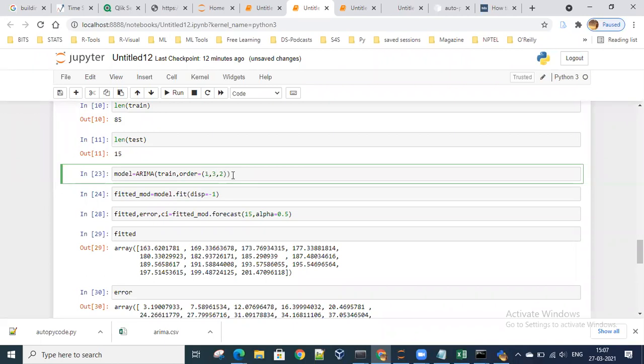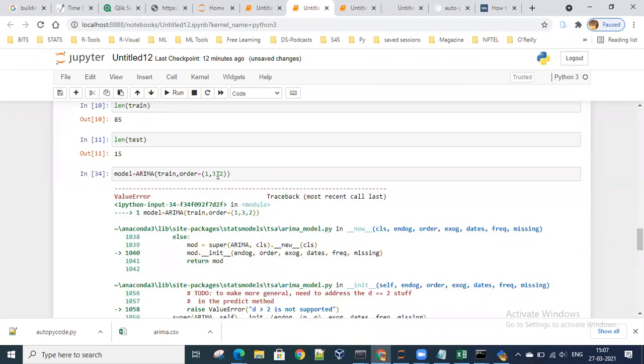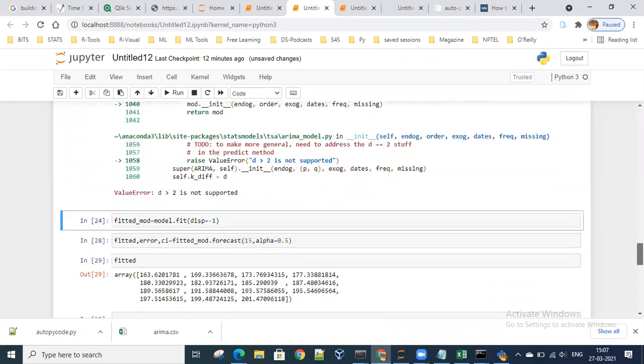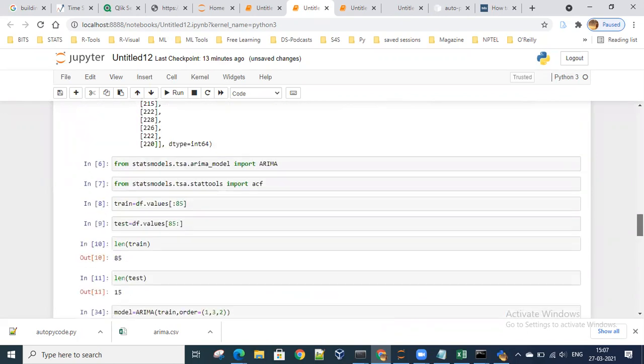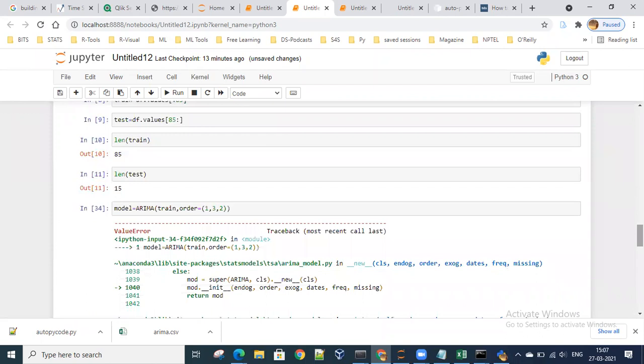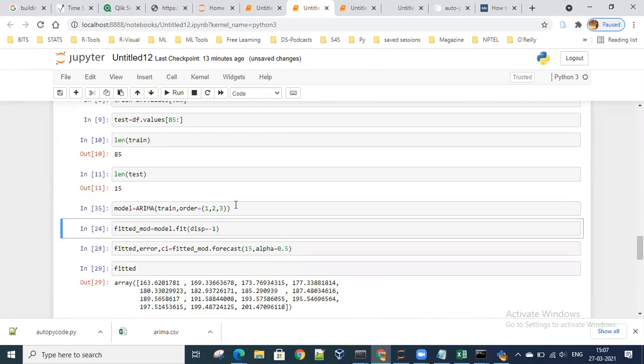So I'll say 3, 2. These are the tweakings. Okay, it is saying 3 won't be available, less than 2. D is differencing. It is not allowing us to do the differencing more than 2. Okay, and I'll say 3 here. Yeah, it is fine.